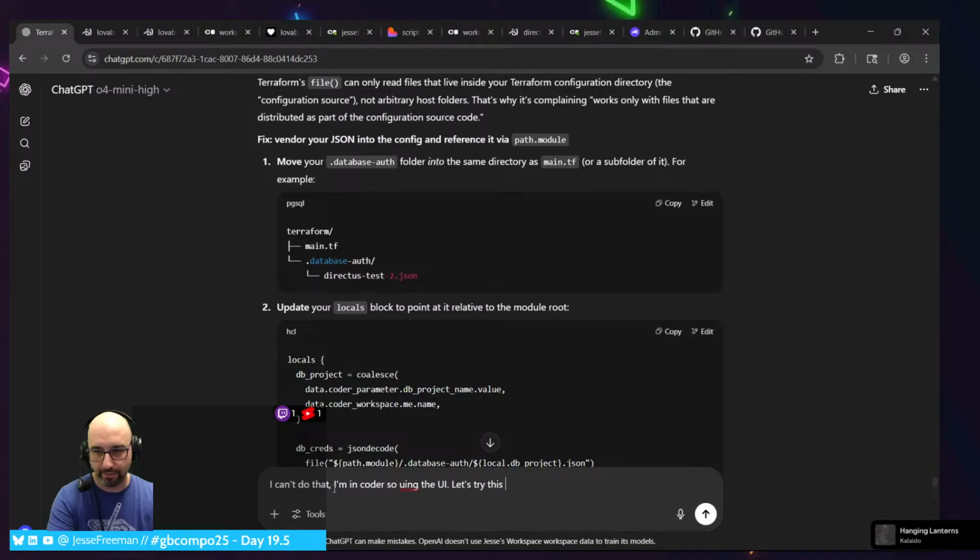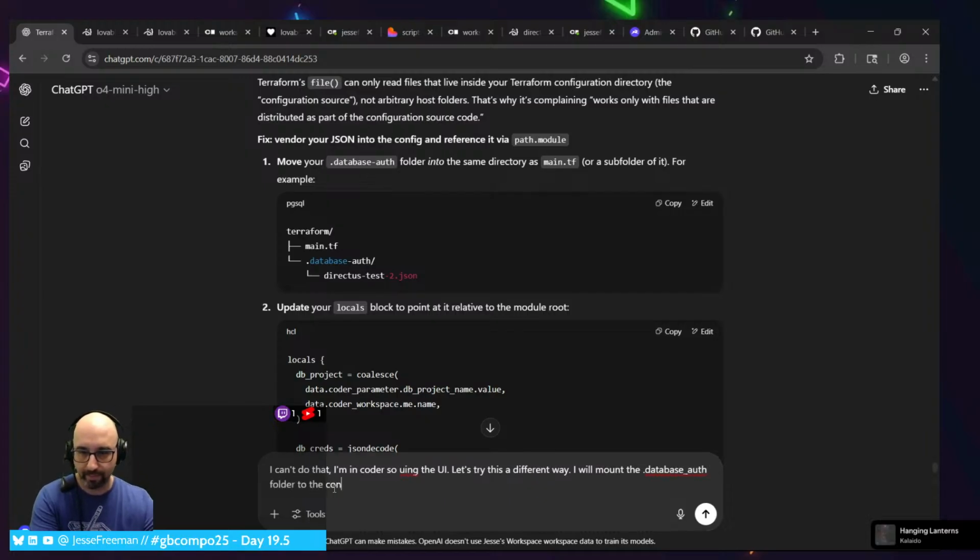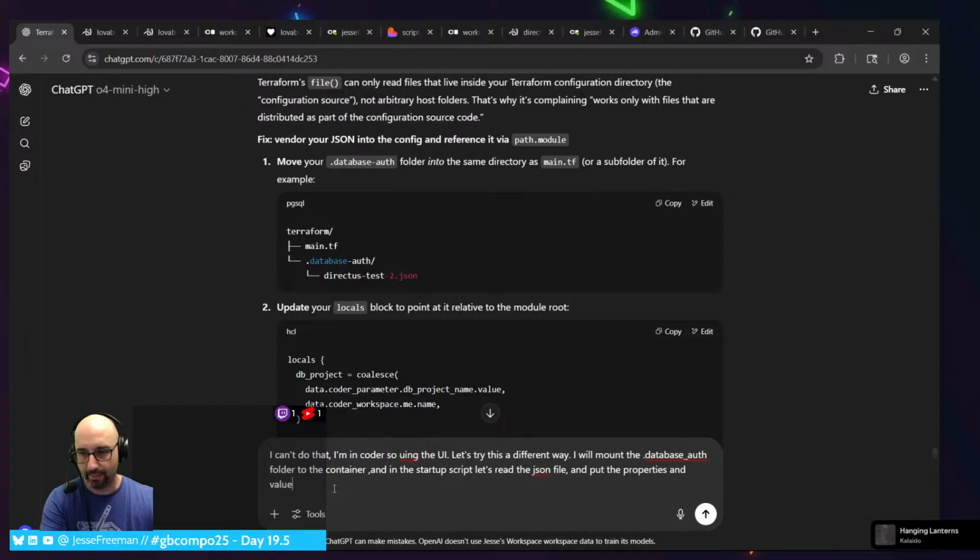Let's try this a different way. I will mount the .database auth folder to the container, and in the startup script, let's read the JSON file and put the properties and values into the environment.